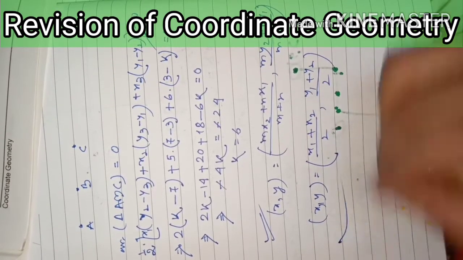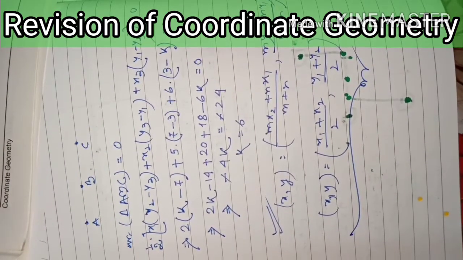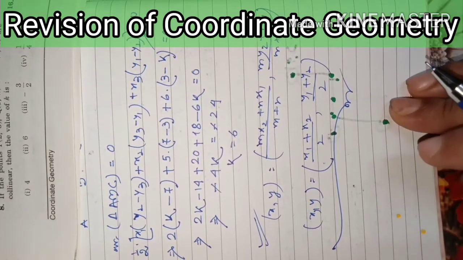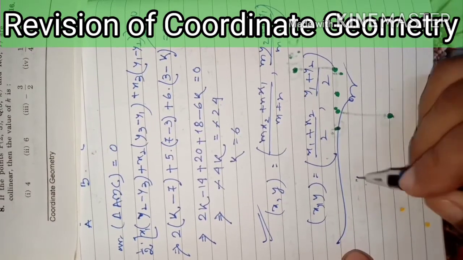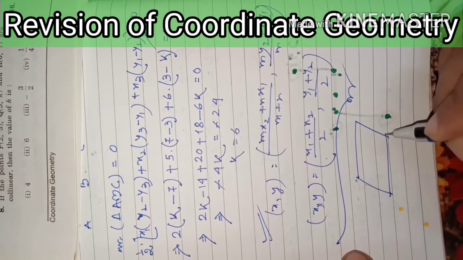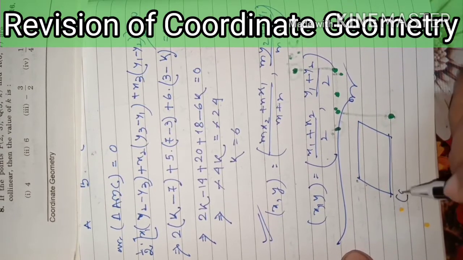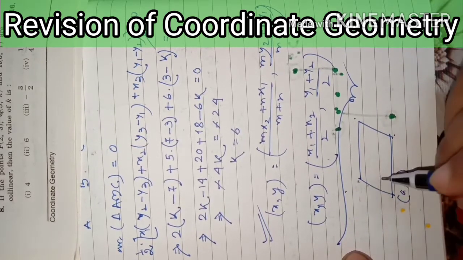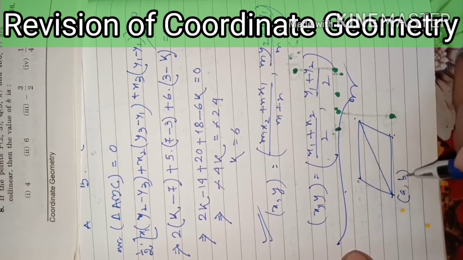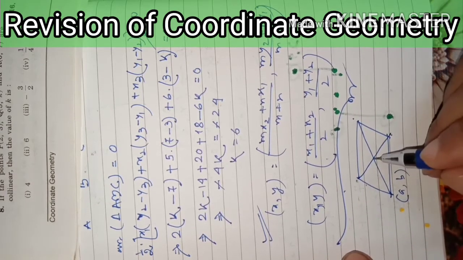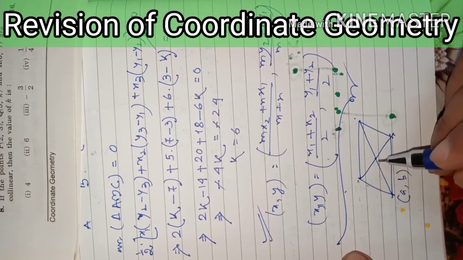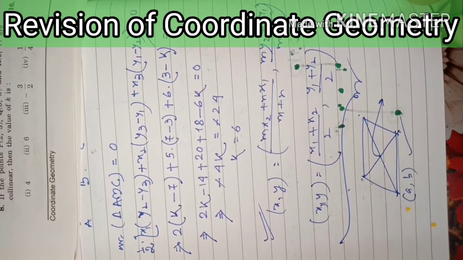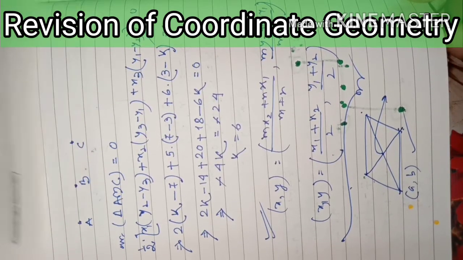And the questions that we have gone through, every question of our exercise, go through those. There was a question like this: a parallelogram is given, vertices are given. One of the vertices is missing. A comma B is given, suppose. Other vertices are given. Then you have to find out the values of this A comma B, using that midpoint formula, since diagonals of a parallelogram bisect each other. So using that formula, we have done one question like that. You go through those types of questions, then you will be ready for the exam.